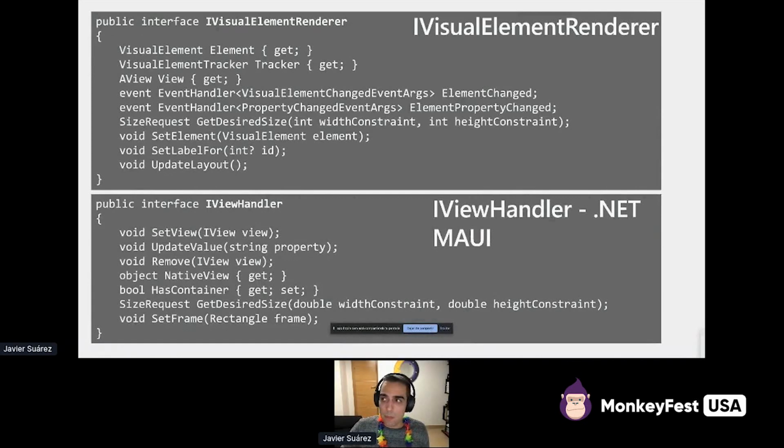And let's compare the chains between Xamarin.Forms and .NET MAUI. So visual element renderer is the Xamarin.Forms stuff, and the new one is view handler. If you do a quick comparison between the two interfaces, you can see that they are very close, much the same. It's a new interface that allows representing controls using the new implementation, but not a crazy change. For example, set view is at the end the set element, and for example, element property change is update value